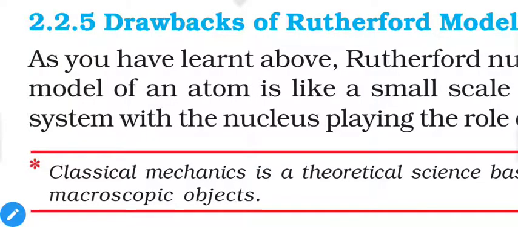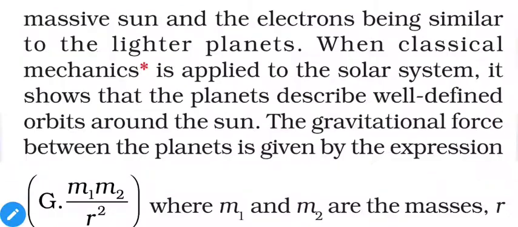As discussed earlier, Rutherford carried out some experiments, and from them he suggested that atoms are like a solar system, where the nucleus, that means protons and neutrons, acts as the sun and electrons act as planets, and they are revolving around the nucleus. So when classical mechanics is applied to the solar system, it shows that the planets describe well-defined